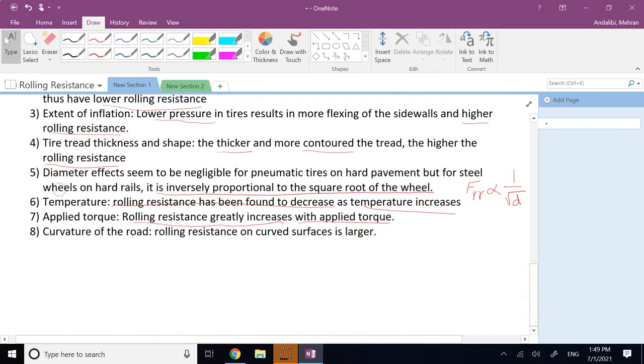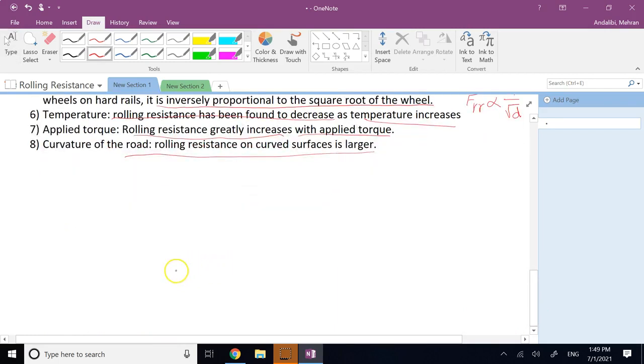And finally, the curvature of the road, which says if the road is curved, it has more rolling resistance, right? So if you're driving on a road like this, you will probably get more rolling resistance than somebody who is driving on a flat road, right? And again, because here you have a higher chance of deforming the surface of the road, okay? Because here it's just the weight, but here, if you look, your mg is like that, and it has two components,